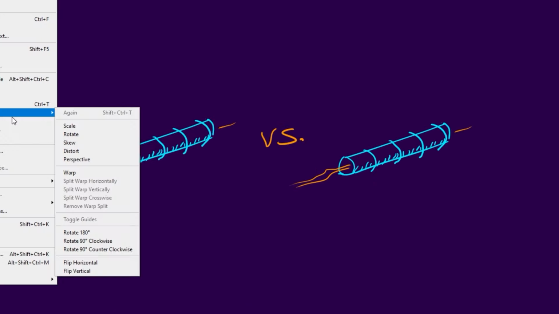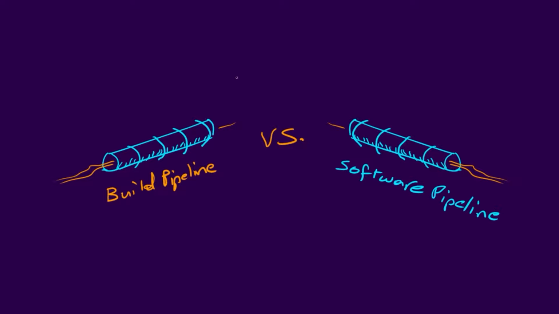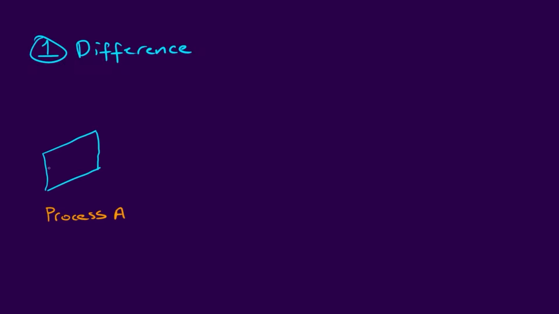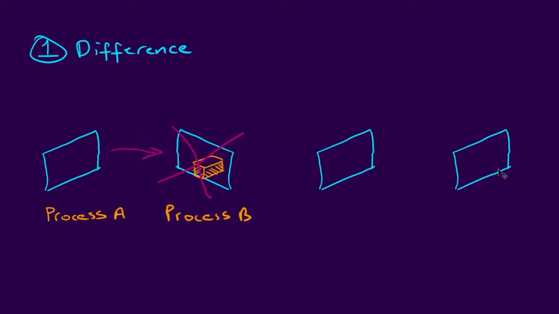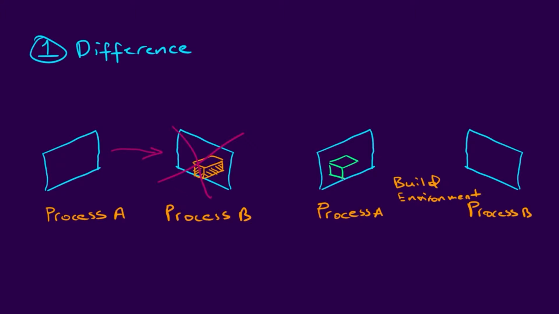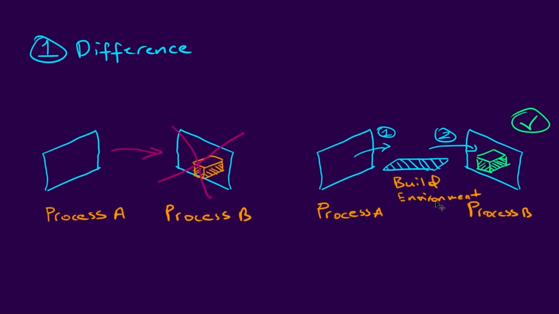Now that we have an understanding of what a pipeline is in software development, let's take a look at what a build pipeline is. So what is a build pipeline? Well, the build pipeline's concept is similar to its software pipeline version. However, there are two main differences that make the build pipelines unique. The first difference is in the execution style of the pipeline. In a build pipeline, an output from a process will not be directly inserted into the next process. Instead, the outputs are usually located in the environments the build processes are being executed in, allowing process A's output to go to a specific location in the build environment to be only ingested as the next or future